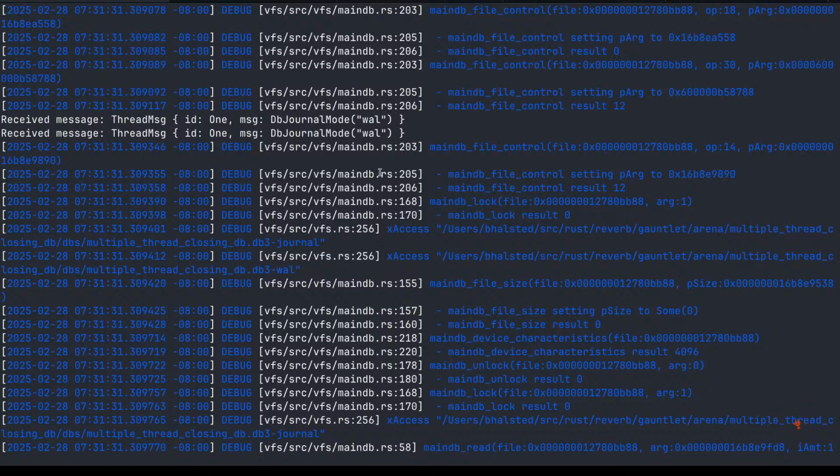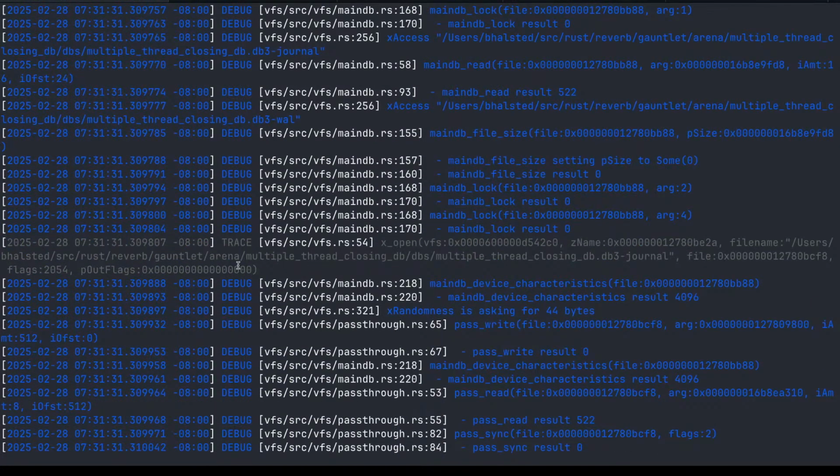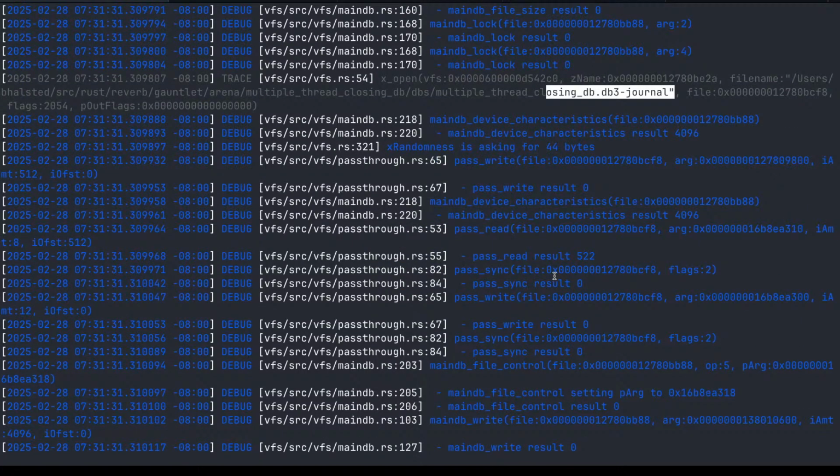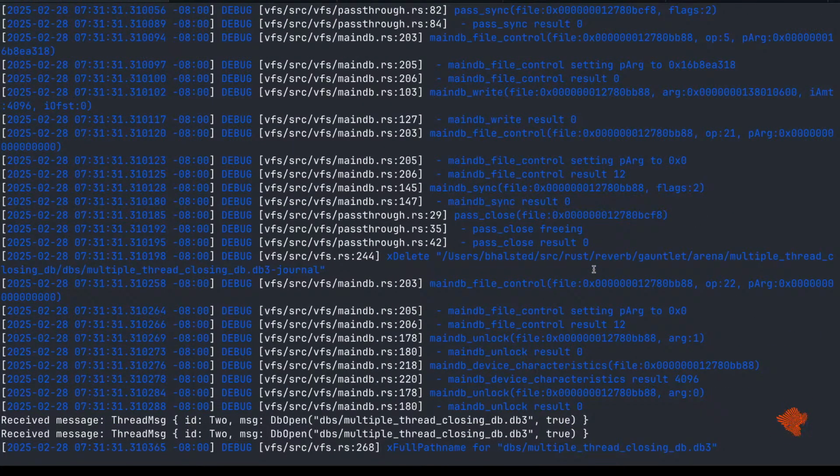Set the wall log. Okay. It checks for journals. And it opens a journal file. What? No. No. Why is it opening a journal file?